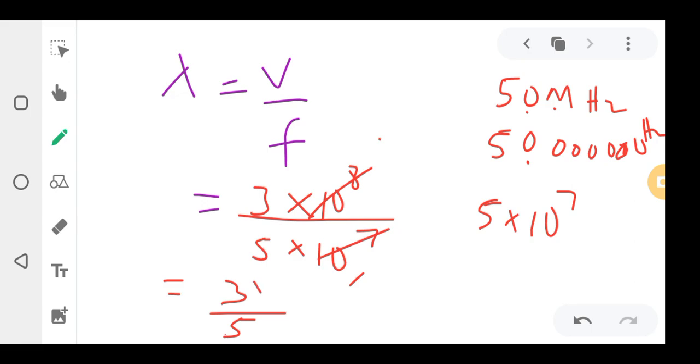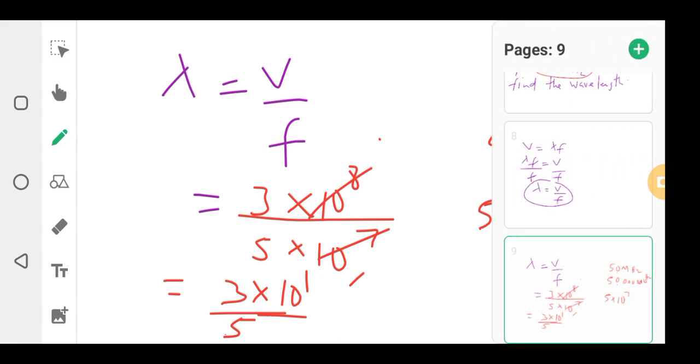So what you have, times, since you have cancelled 7 in 8, that means 1 has remained. So it will be 10 power 1, or 10. So that will be lambda is equal to 30 times 10, a number power 1 is itself, over